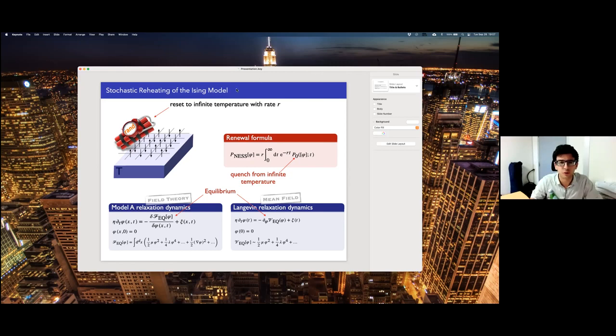Yeah, that's a very good remark. So indeed, because of this stochastic reheating, you're effectively restoring the Z2 symmetry. So it means that independently of the temperature, independently of the dimensionality of your system, you are going to have some Z2 symmetric solution, and the only solution is phi equal to 0. So in some sense, before doing any computation, you know that this reheating procedure is going to be very strong on the non-equilibrium fixed point, because you know it's going to destabilize the IR physics, because there's only one global minimum, which is phi equal to 0.